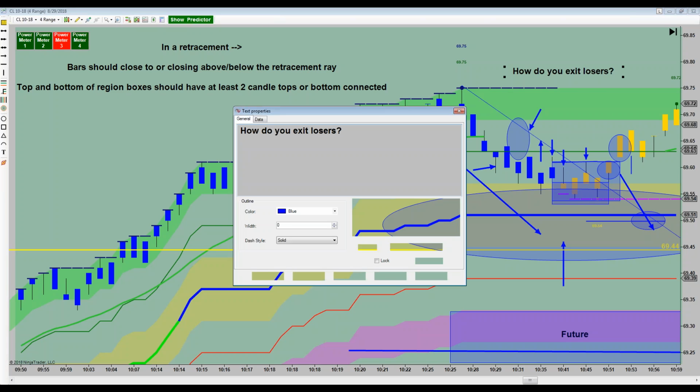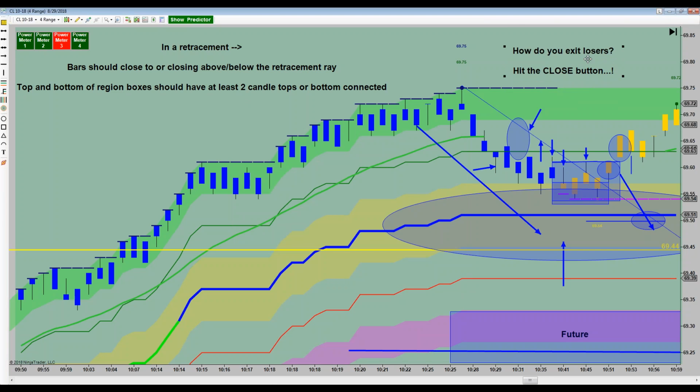How do you exit losers? Some of you have typed in the correct answer. This is not rocket science here. Hit the close button. Look, if you trade for a while, you start to develop a feel for this stuff,